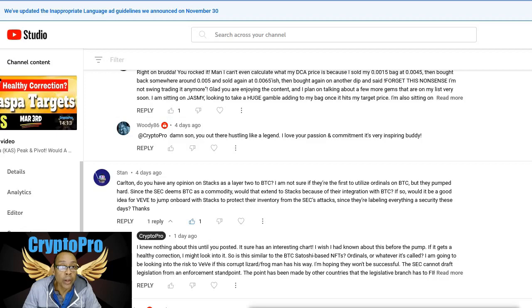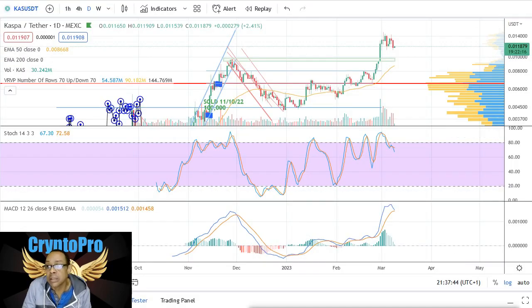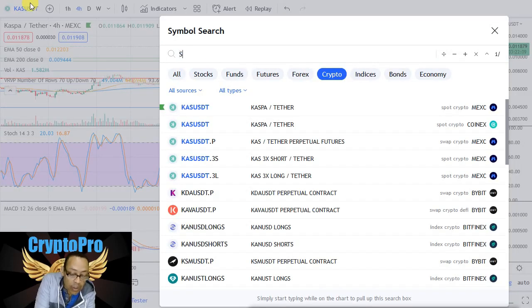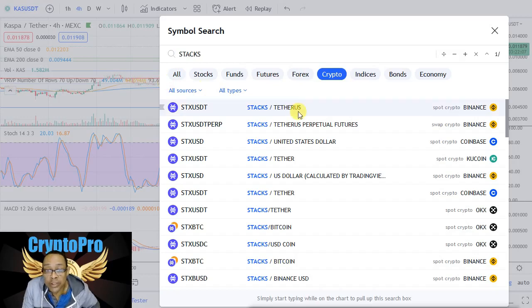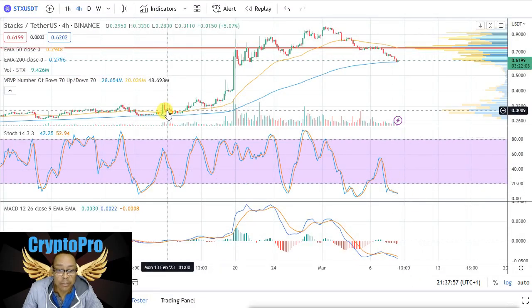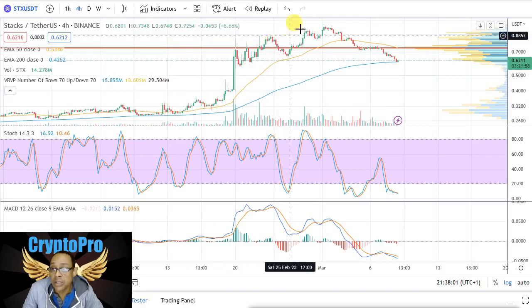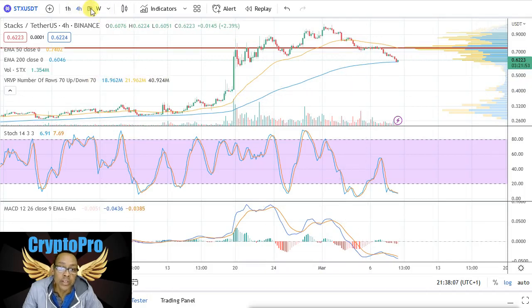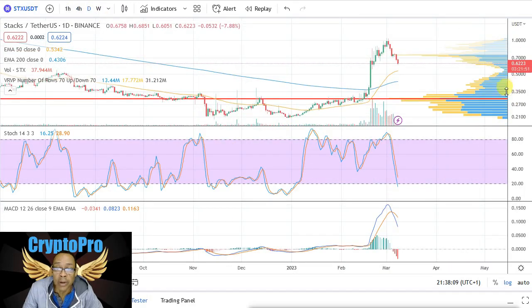So that's number one. Then number two, looking at stacks, let me show you what that chart looks like real quick, and what my reaction to it was. So we'll look at the Binance listing. There it is. And so we had this very nice pump after February, which it was at 30 cents, and it went all the way to 90. I missed the boat on that. I wish I could have got it back here, but this is a good chart. I don't know much about the project, but I'm certainly going to study this. Look at that low. It was at 20 cents and had a nice movement.